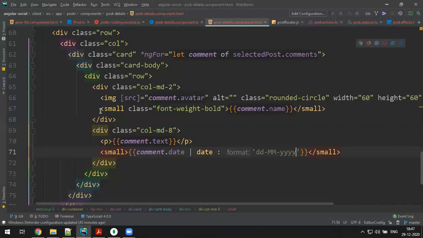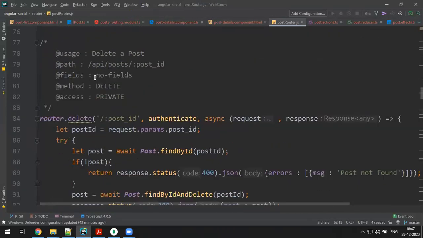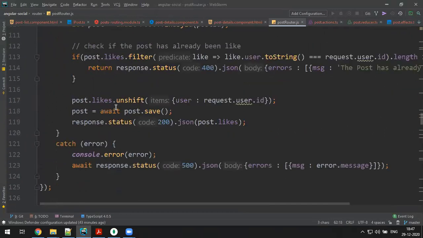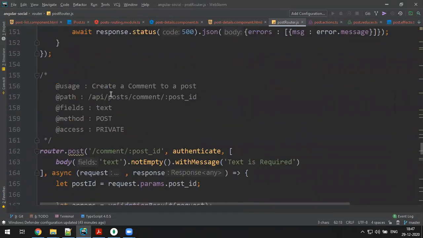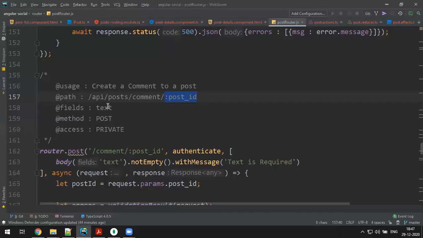Okay, how do you create a comment? If you go to the post reducer, like post, delete, unlike post. Yeah, create comment to a post. You can create a comment to a post. So for this, you need to provide a post ID. Okay, I have this post now. This post ID I can send it. Okay, so create comment. I have to make action, reducer, service, everything you have to make it.